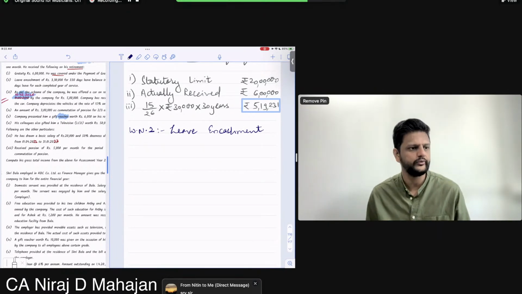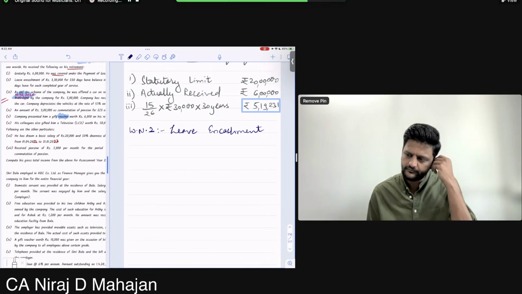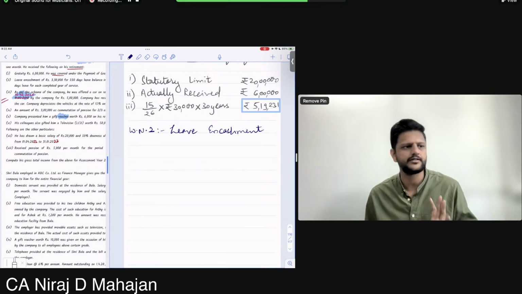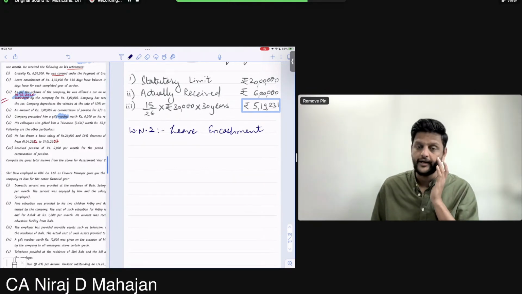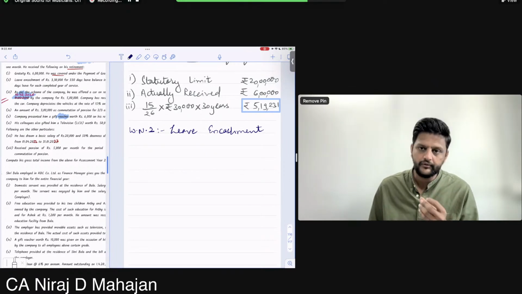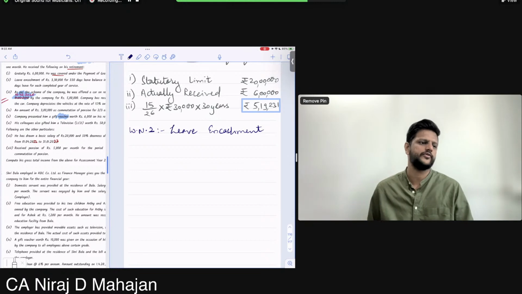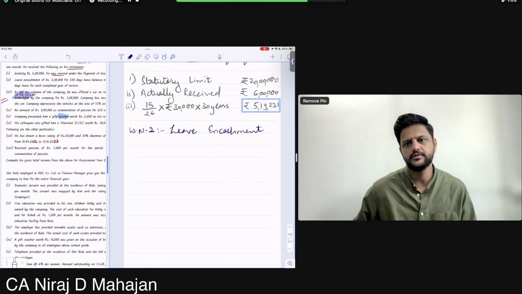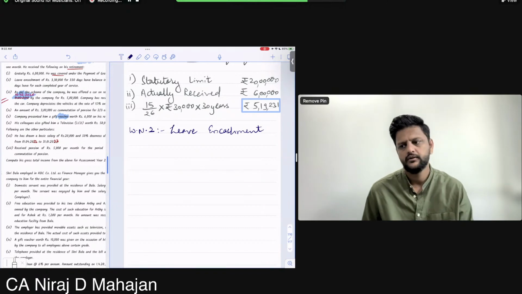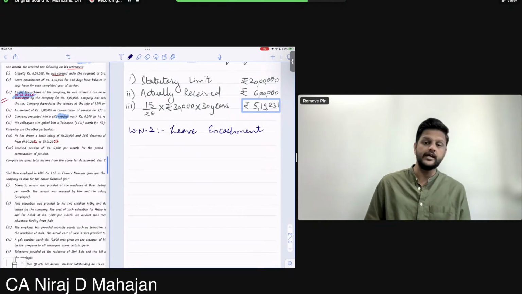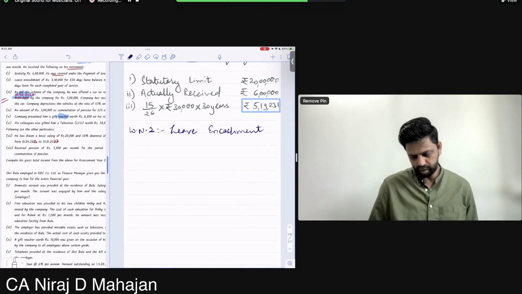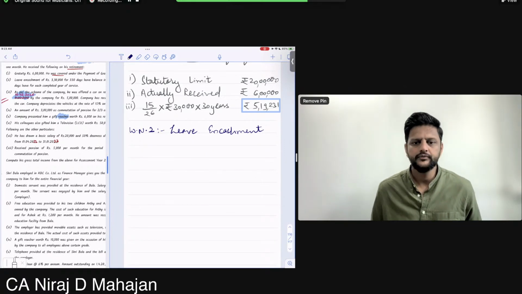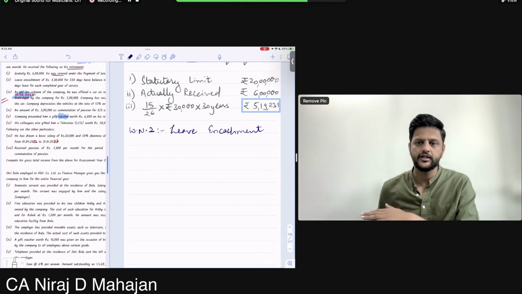The reason I'm telling you this, for those giving the December or November attempt right now: in Group 1, the problem is income tax. For all the students, the problem is tax. I'll be very honest, whatever I or anybody else does in the batch is still not sufficient, given the quantum of the income tax syllabus and its complexity. Once you cover all the MTPs, RTPs, MCQs, then I'll say you are at a level where you can give the exam. Otherwise, even passing becomes a challenge in income tax.